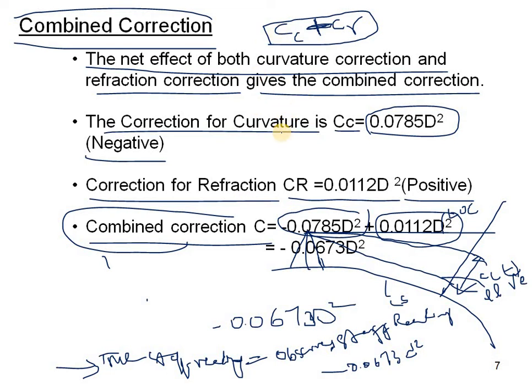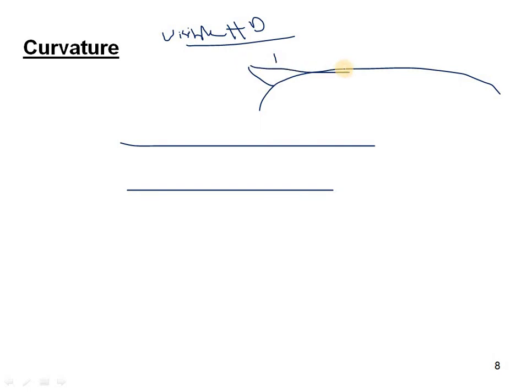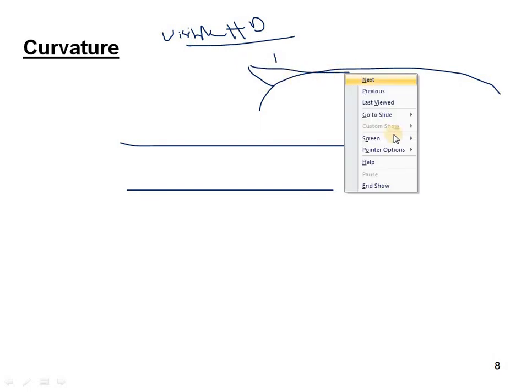Visible horizon distance is determined as another correction. I will write HD. This is known as visible horizon distance. Here we will find the diagram in this way. Earth curvature will be there, and on this we can see it will be like this. From this position, A will be there.